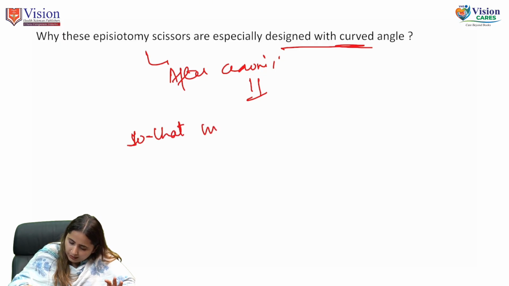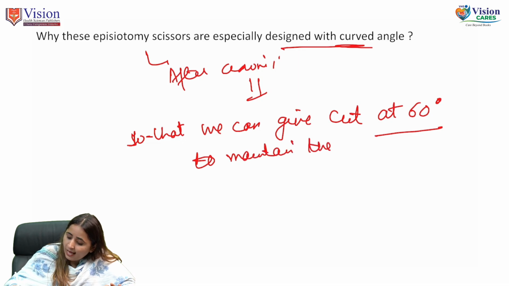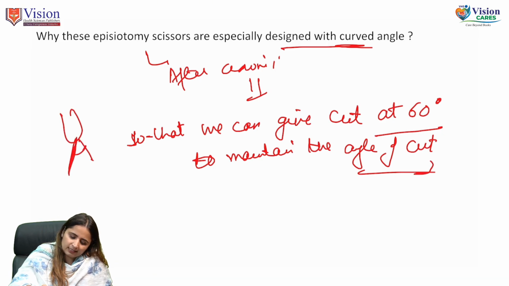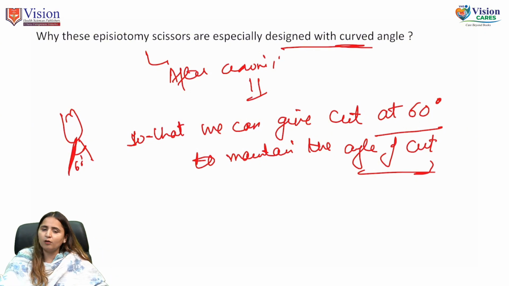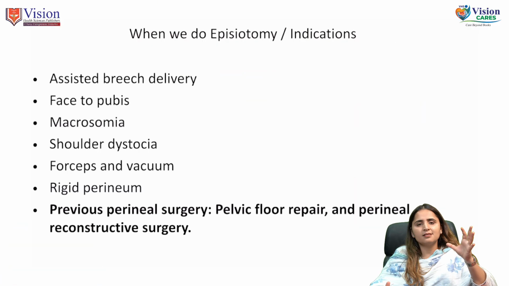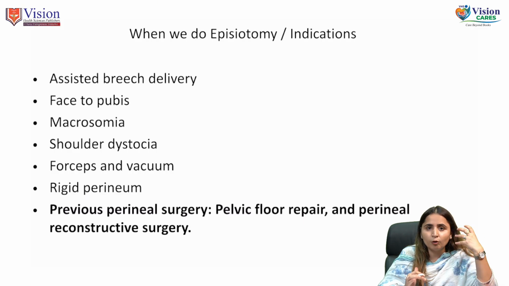So that we can give the cut at 60 degrees, to maintain the angle of the cut, we need to give this cut at 60 degrees. So to maintain this angle of the cut in case of episiotomy, these scissors are specifically designed. Now let's see the indications for episiotomy: if there is an assisted breech delivery, face to pubis delivery is there,